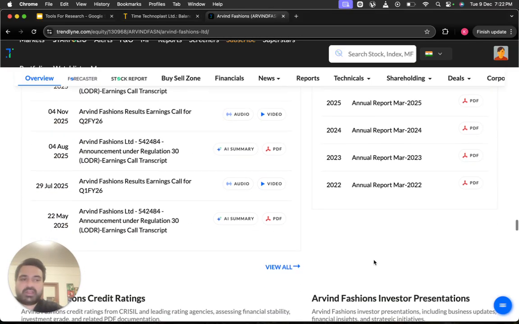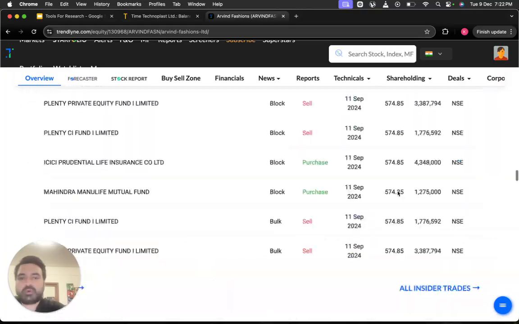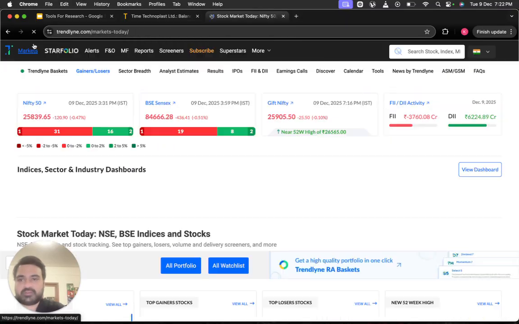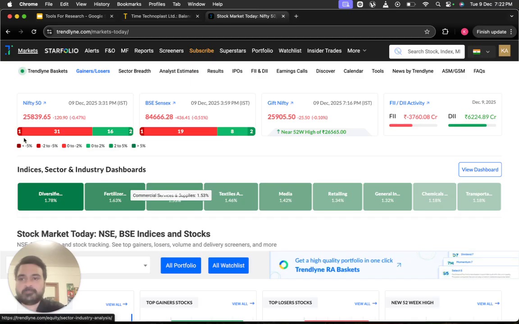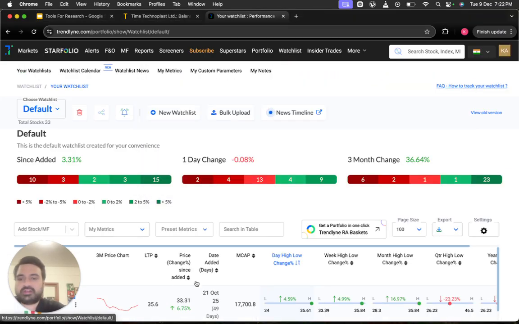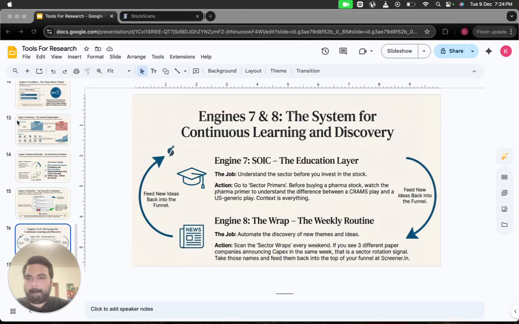I personally don't like the company pages on Trendline too much because I find there's just too much information and I don't like the way it's organized. I can't customize it to my liking like I can in Screener. So I use Trendline more to track the American markets and more for the market feature, like the homepage and all of that. And I also like the watch list feature, creating and tracking many watch lists, and especially their performances over a week, month, quarter.